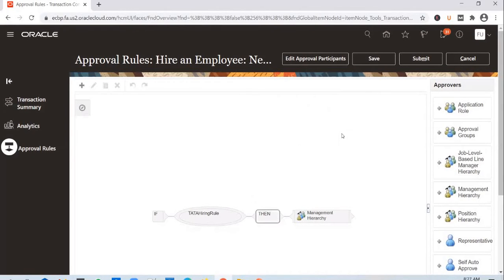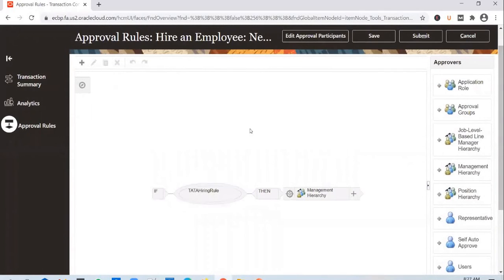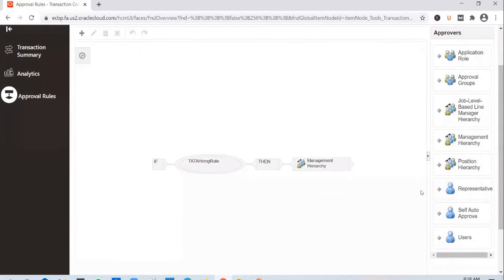Sorry guys, in this particular screen, the approval rules screen, you will write the rules basically as if conditions, and when a condition is met, whom it should be sent to for approval. It's basically if-then conditions. If a condition is satisfied, whom should it go to for approval. And you can write any number of if conditions here. As for whom you can use as approvers, there is a long list of approvers here. I'm going to talk about them in a moment. Okay.